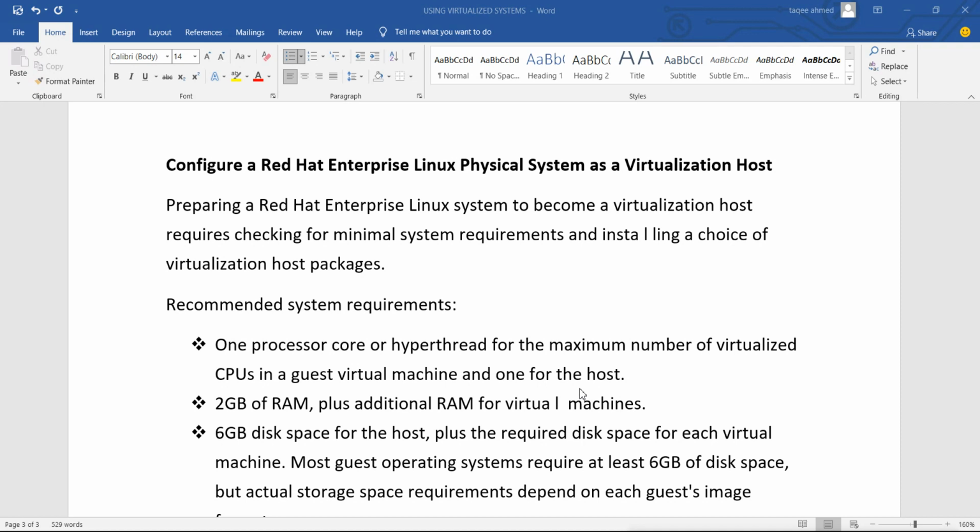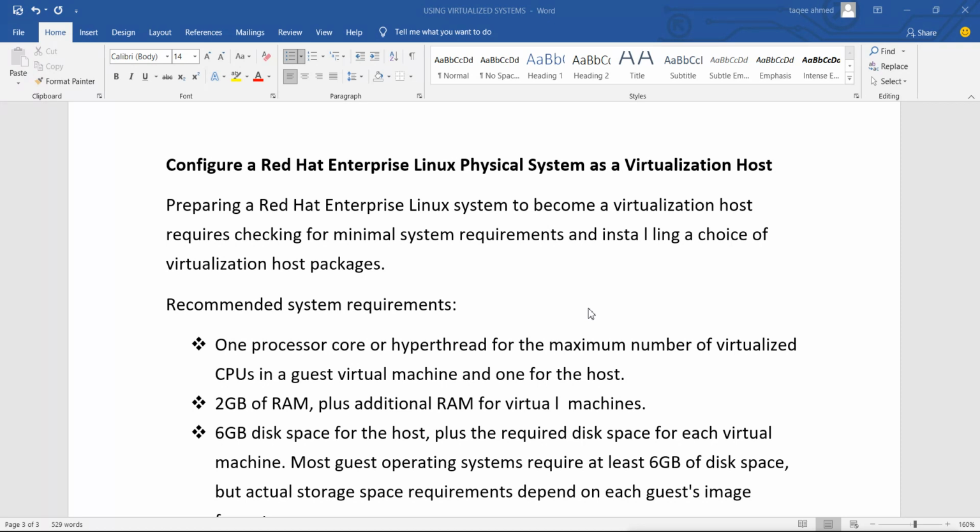So here also we can do it in our normal RHEL server. Now first we have to prepare the Red Hat Enterprise Linux system to become a virtualization host. It requires checking the minimum system requirements and installing a choice of virtualization host packages.